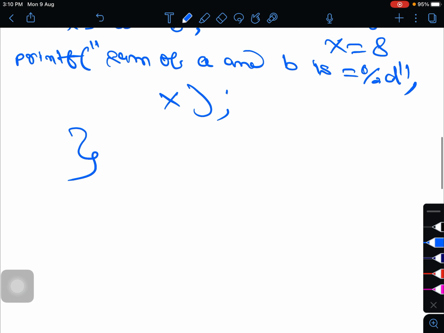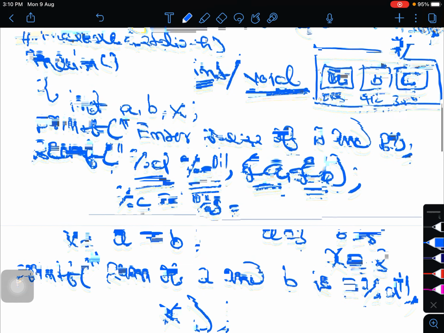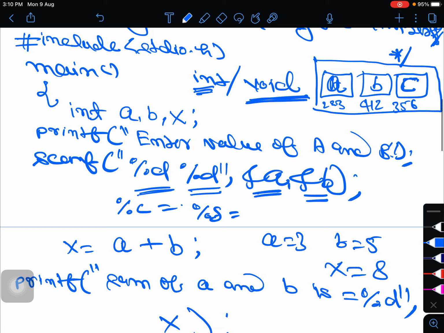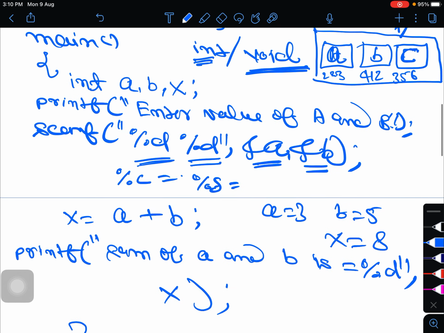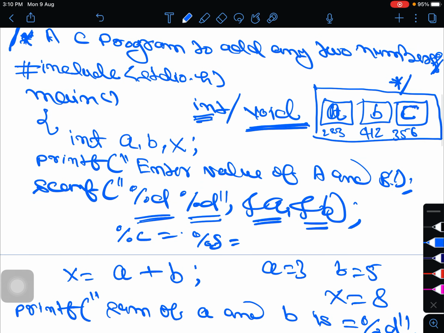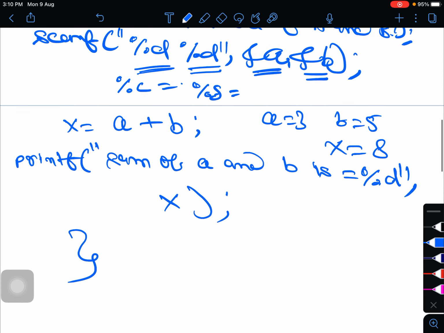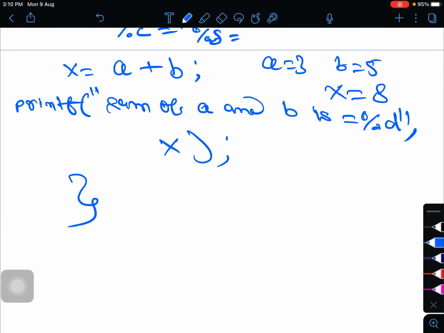Here you can see the main function is opened through this left curly brace and closed with the right curly brace. To open any function, not just main, we use a left curly brace, and to close we use a right curly brace.